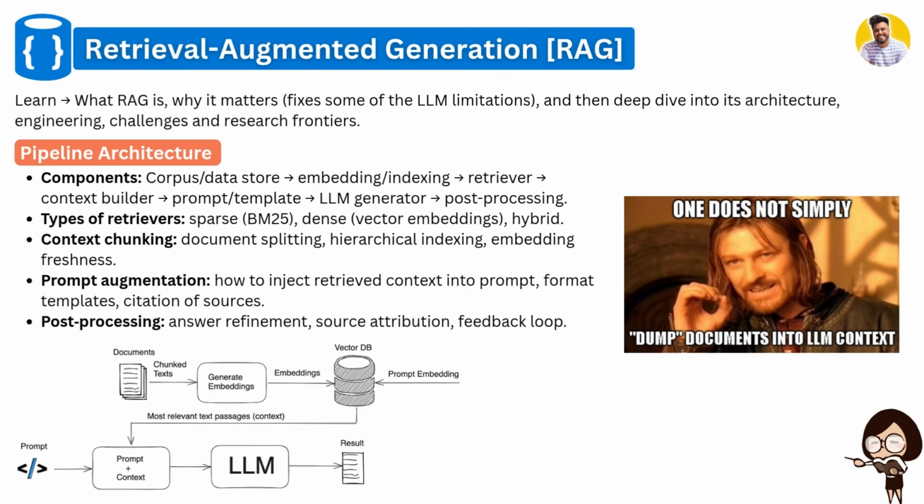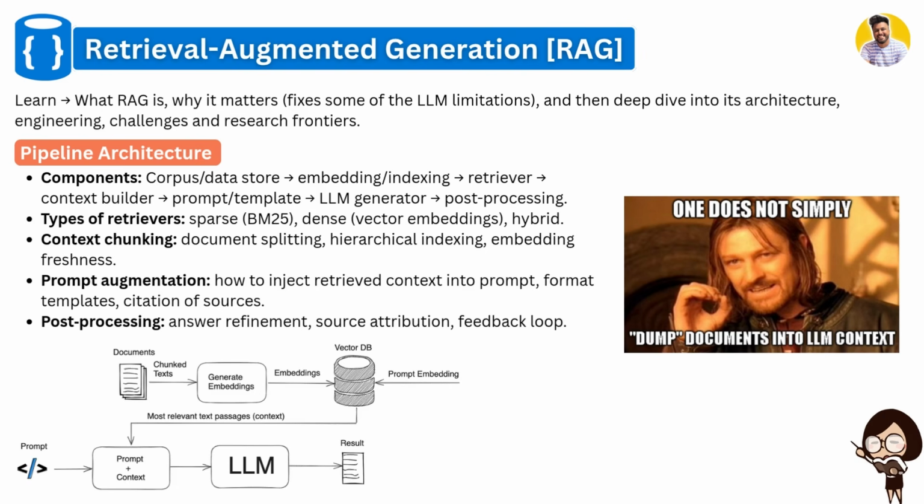And that response can be post-processed so that it can be shown to the customer in a correctly formatted way. Okay, so learn about prompt augmentation, how you can inject the retrieved context into the prompt, and how you can post process your large language model response to show to the customer